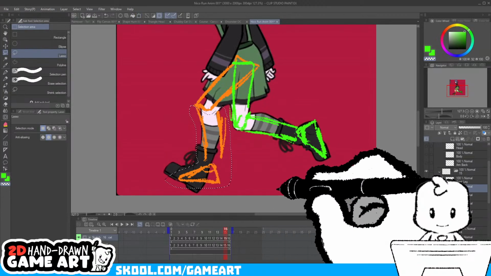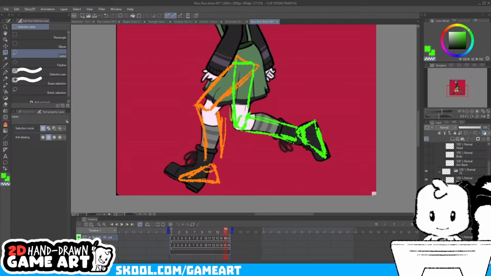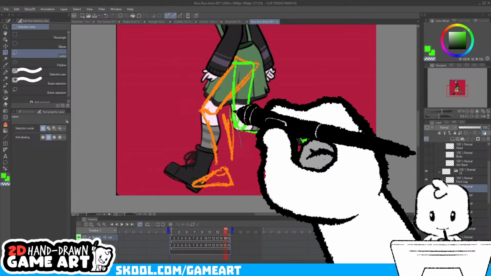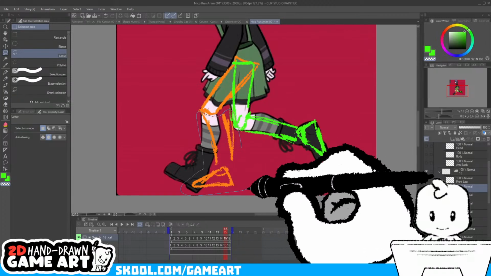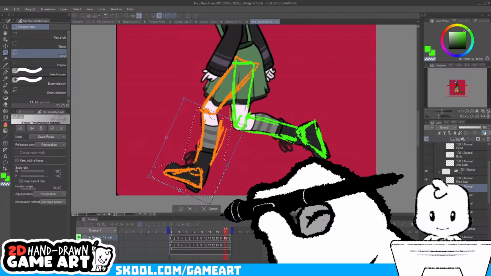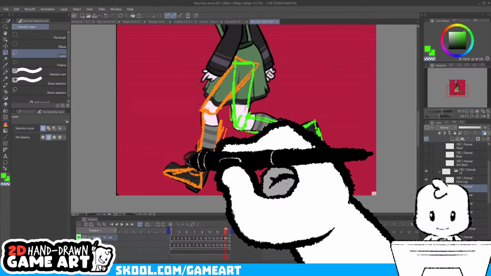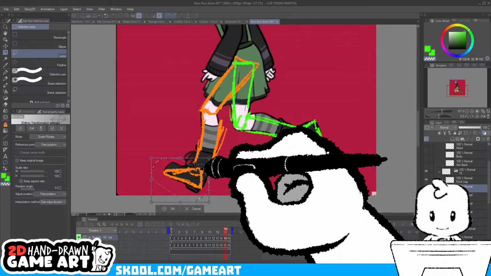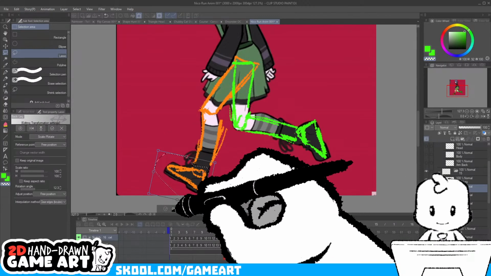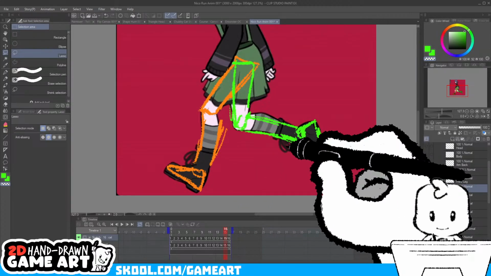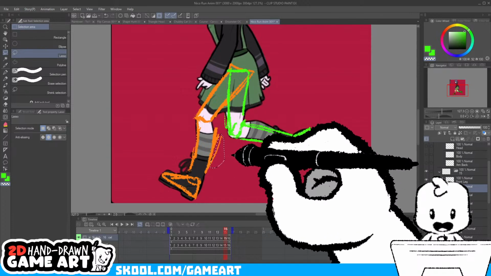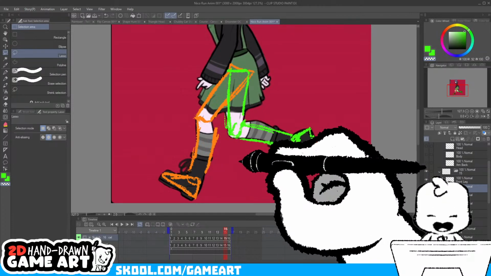I'm glad we decided to just do the legs for this, because this would have been a real project. If I had the actual bone animation file, I probably could have made these adjustments really quickly, but I like doing it this way because it's a lot more tactile.